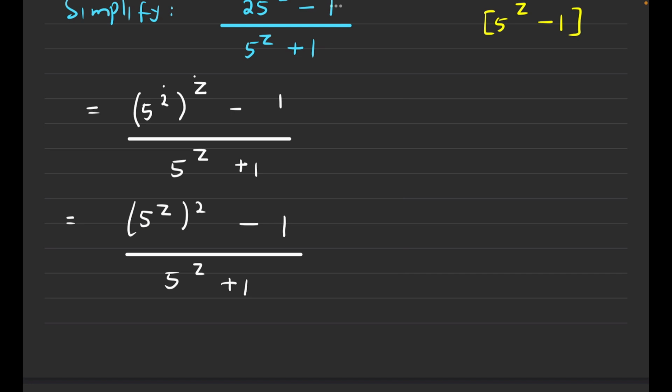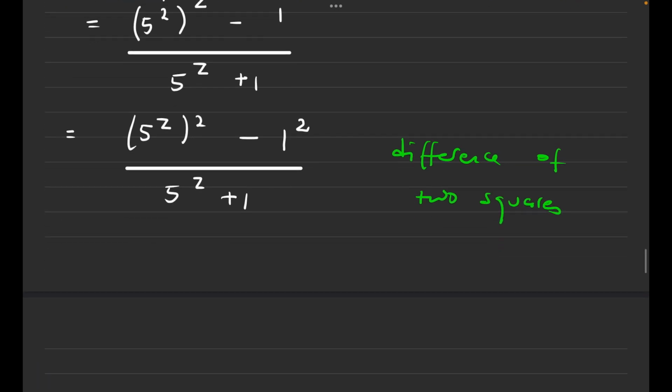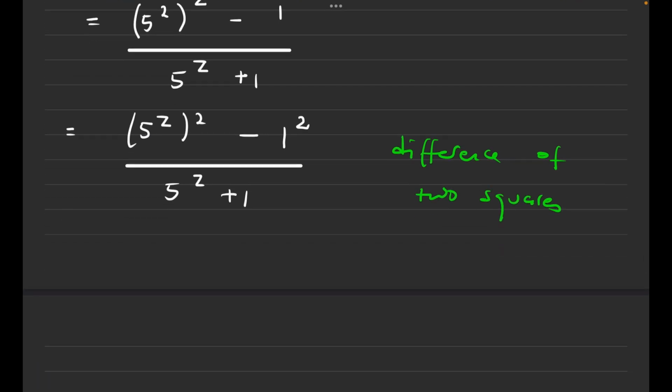Take note, guys, that 1 is a perfect square, right? So 1 times 1 is 1. So on my numerator, I have, once again, the difference of 2 squares. I'm going to use this to my advantage to simplify this further. So now, this is going to equal,